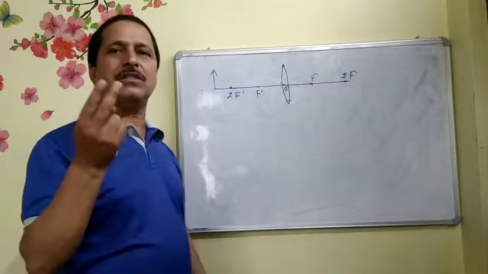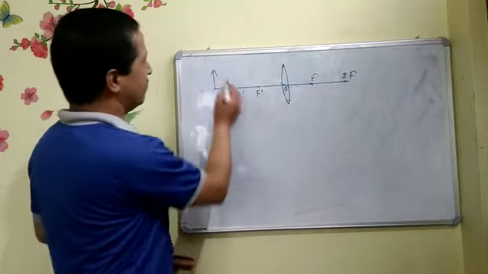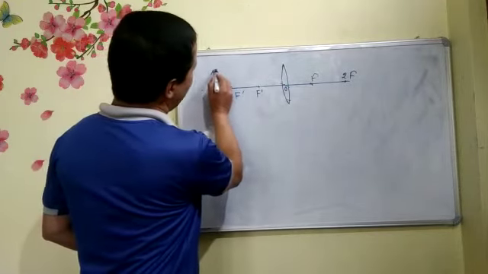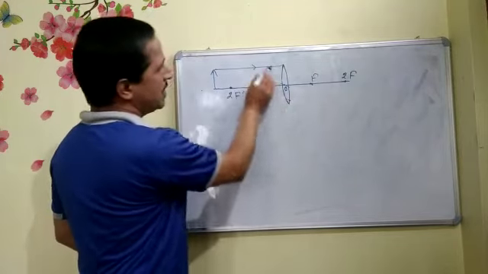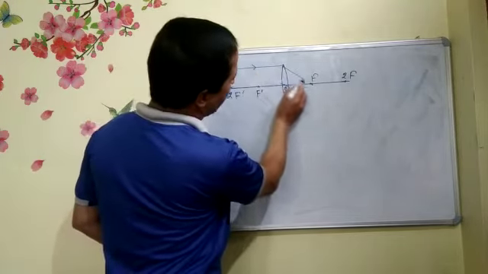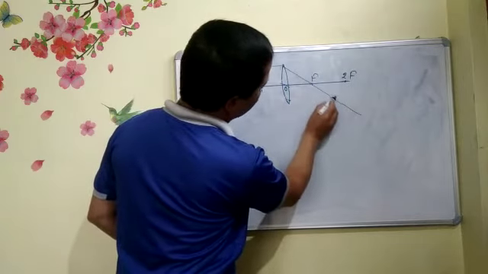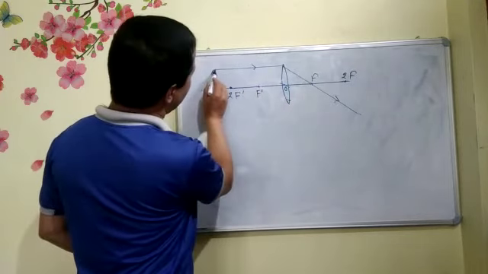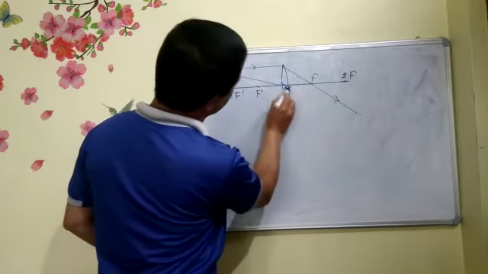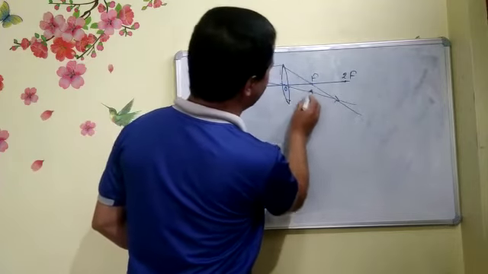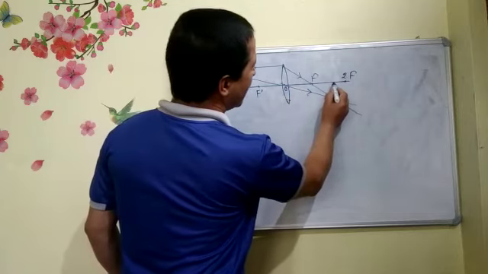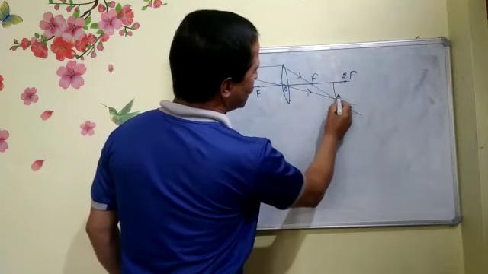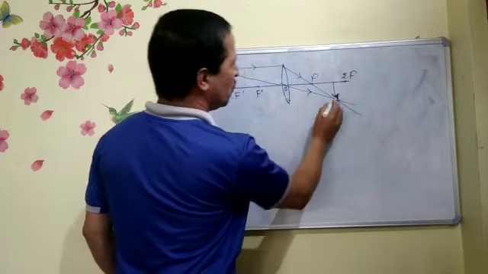We will take two rays, one of them will be parallel to the principal axis. This ray after refraction will pass through the focus of the lens, and the other ray which passes through the optical center will go undeviated, and you can see that the image is formed on the opposite side, which is